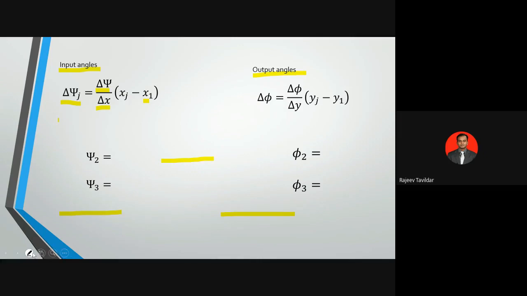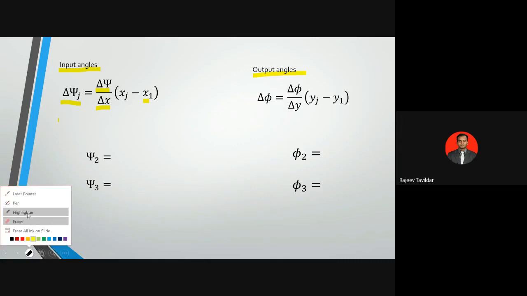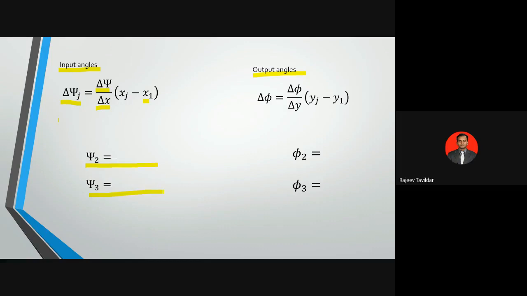In a similar fashion, the initial position of that mechanism link, which we are going to design now, I can start it from anywhere I want. That's why that initial input precision angle I'm not taking; I'm going to assume it. So delta psi 1 is assumed. I'm going to start with delta psi 2 and delta psi 3. I want these two angles.